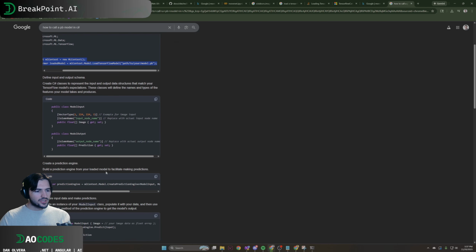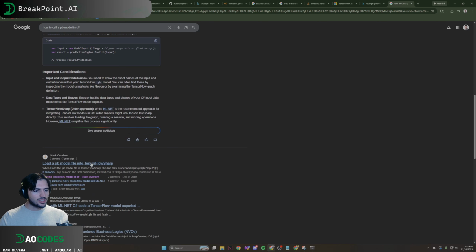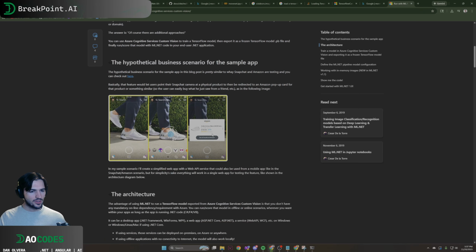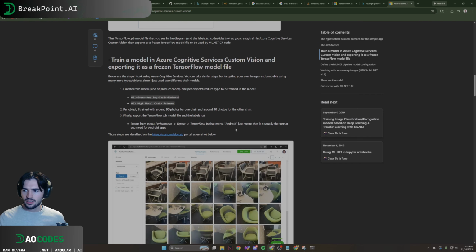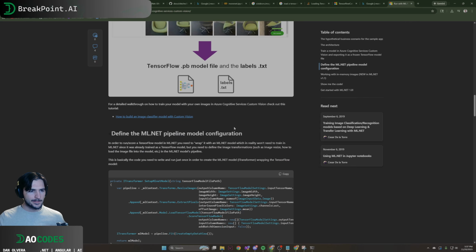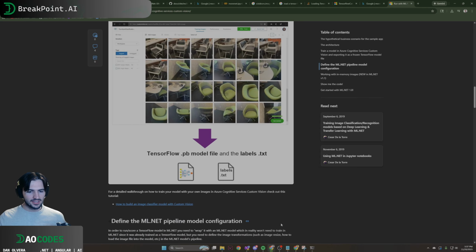Define your input output schema, build a prediction engine. Let's do this. Run. Hypothetical, sure. And the labels.txt. So what does this have? This just has variables and